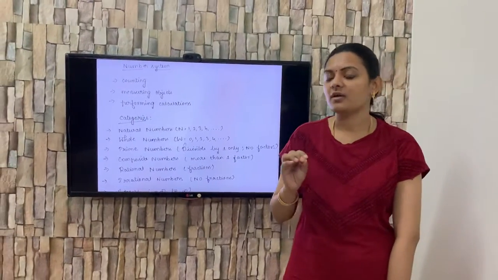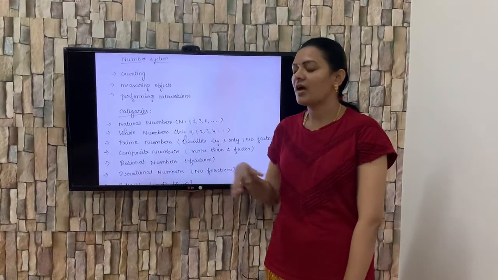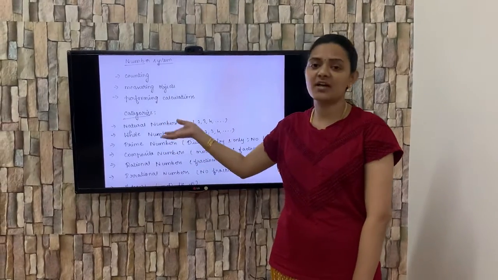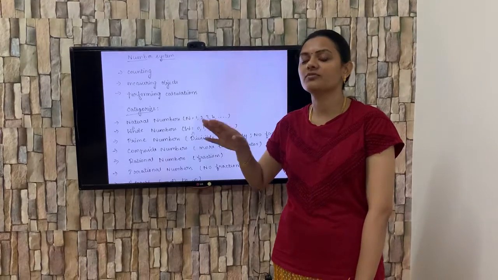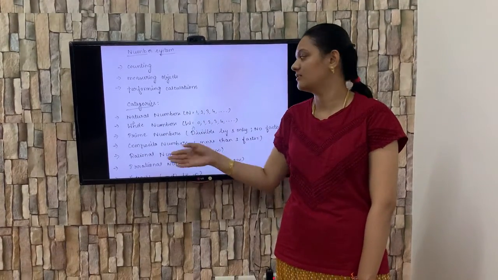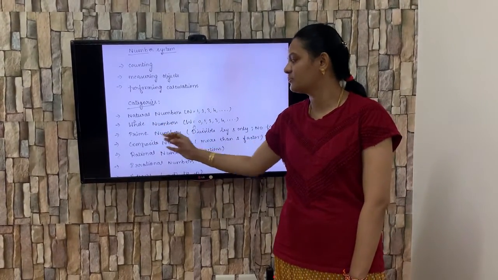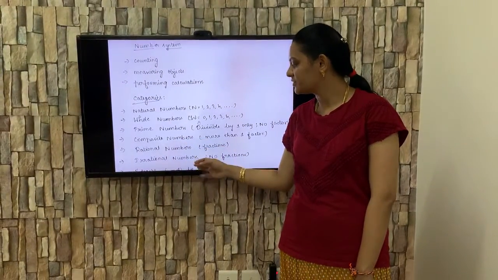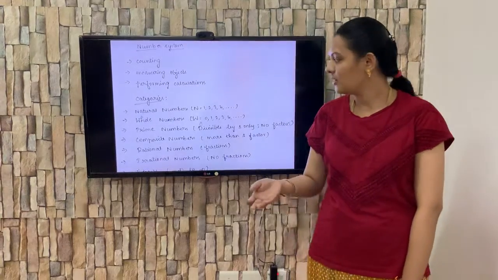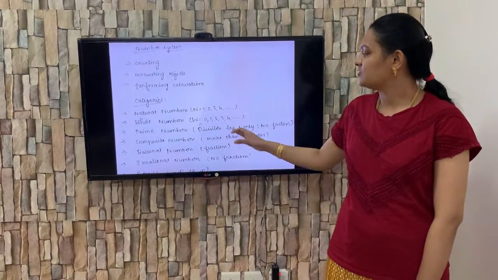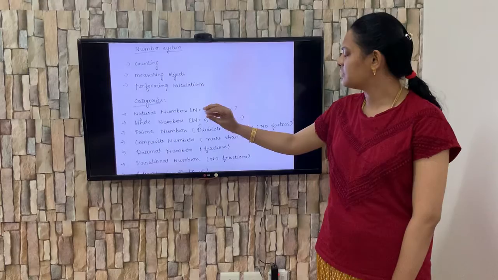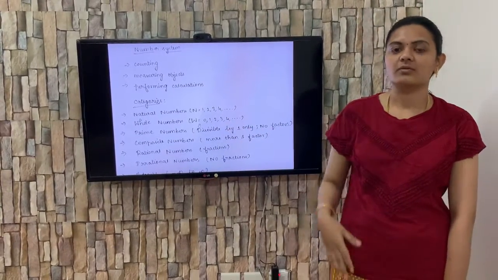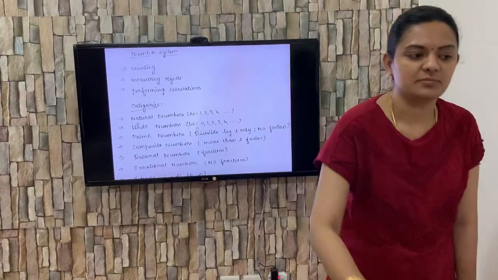And before that, I just want to rush through it. We have so many kinds of numbers, like natural numbers, whole numbers. These are all kinds of numbers, not only 1, 2, 3, 4. It also has so many kinds, like natural numbers, whole numbers, prime numbers, composite numbers, rational numbers, irrational numbers, and so on. We have studied these things and I just gave you a very quick glance here. Now directly we can go into the number systems.